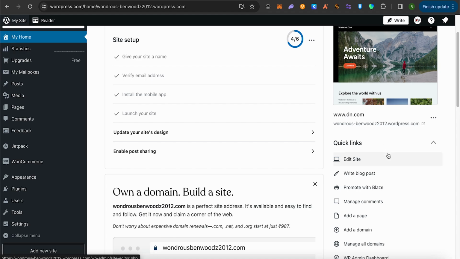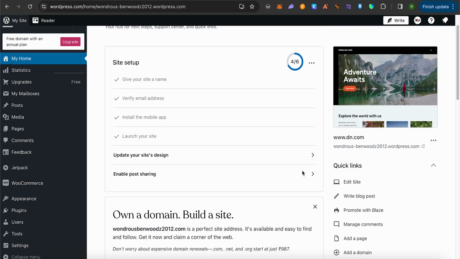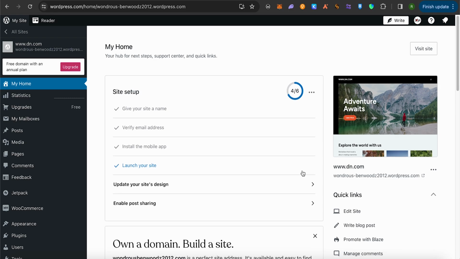Now under theme files on the left hand side you will be able to find different codes with .php files. Simply select the header.php file, and this way your page will reload, and you would be seeing a different code on your screen. Just find the code where it says head with the arrow keys, right between the arrow keys, and just press enter twice right after the arrow on the right hand side, and this way you would be able to create some space, and there you need to paste the code that we just copied from Meta